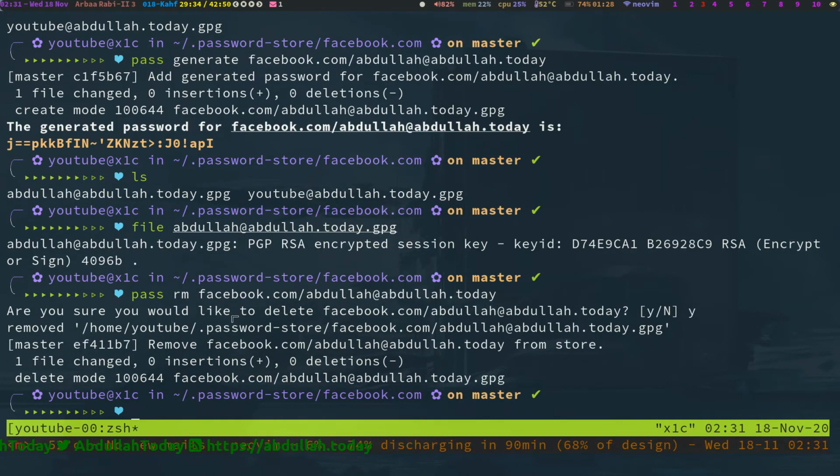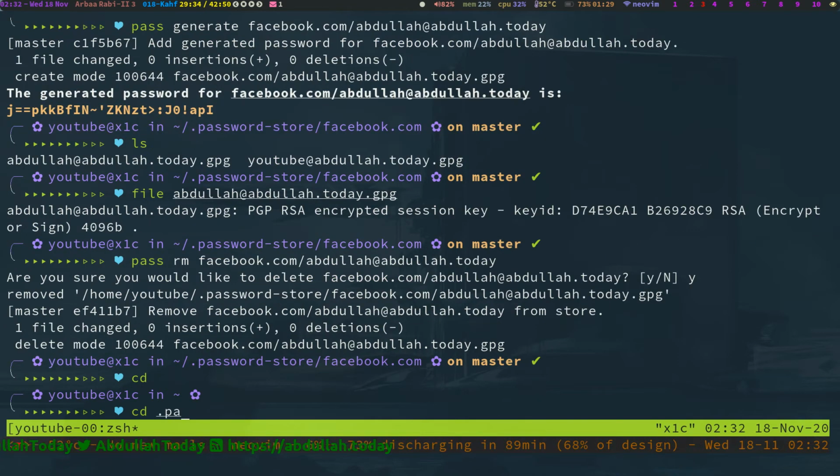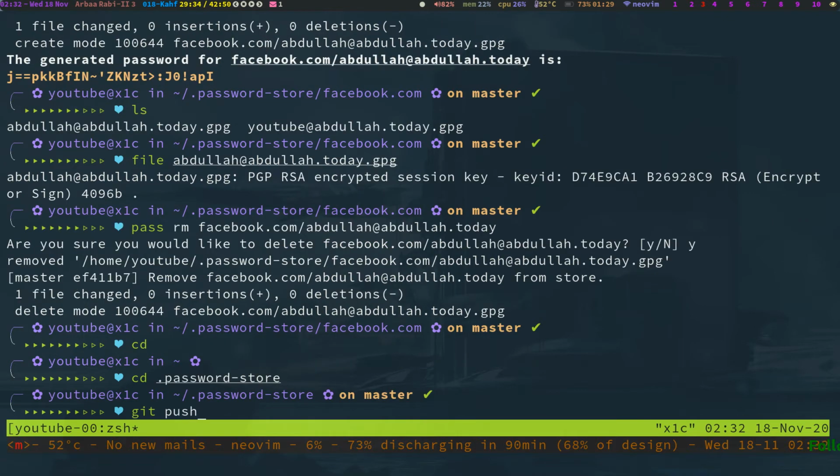Here you can see the password is deleted and git also committed it to our git repository. If you are inside your password git repository, you can just press git push. Else you can use pass git push origin, or something like that, based on your branch which you chose when you were creating it.